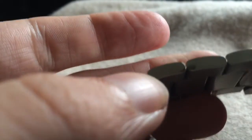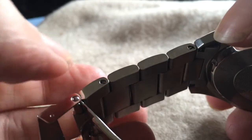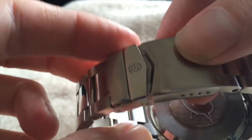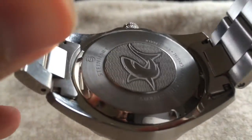And like Steinhart's bracelets, very comfortable, but nothing flashy. It does have the screw-in end links, screws, and the bracelet clasp is the same basic style, brushed with the polished clasp. Now, the back is typical of Steinhart style case backs, where it has the engraving on